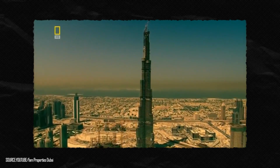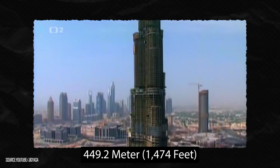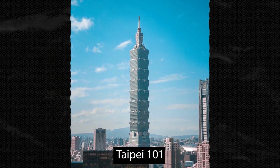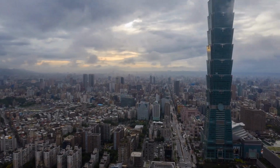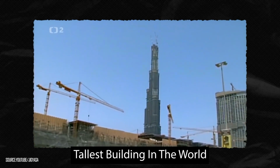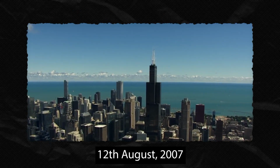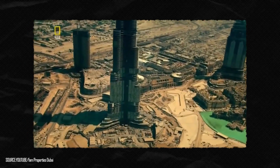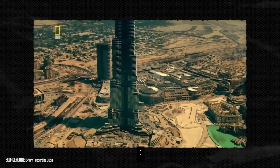1,483 feet, surpassing the 449.2 meter or 1,474 feet pumped during the construction of Taipei 101. 2 months later, the tower surpassed Taipei 101 in another category, becoming the tallest building in the world. On the 12th of August 2007, the tower surpassed the height of the Sears Tower antenna, and exactly a month later, the tower got to floor 150 and became the world's tallest freestanding structure at